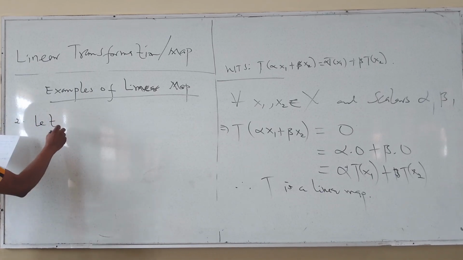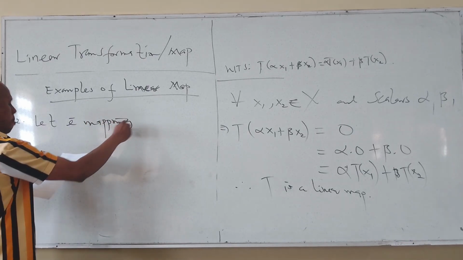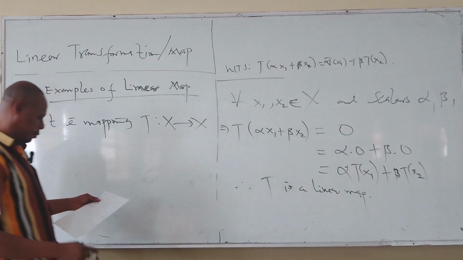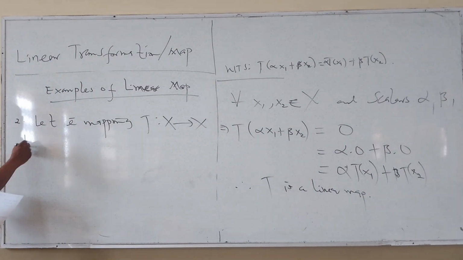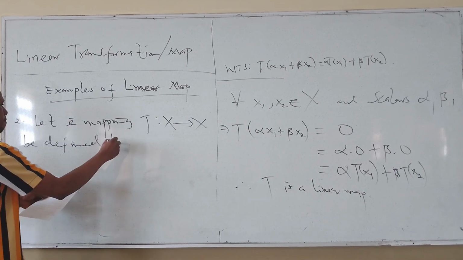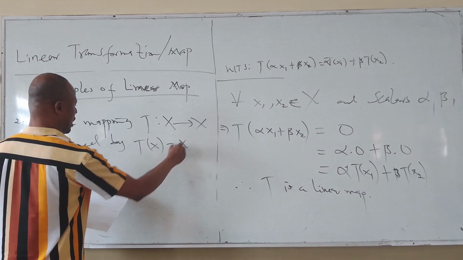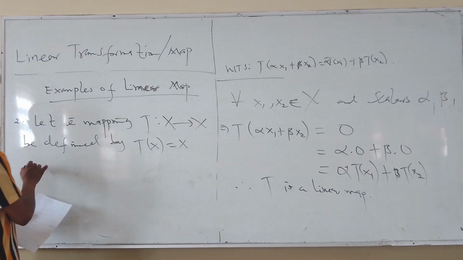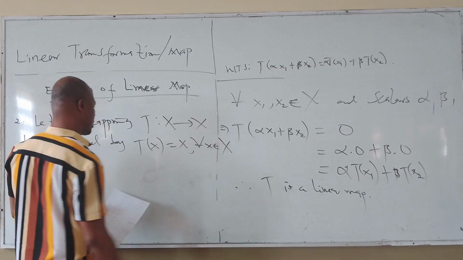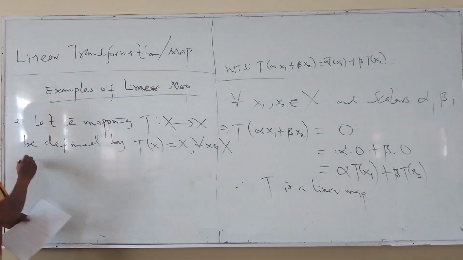Select a mapping T from X to X, right? Be defined by T of x equals x, of course, for every x a member of capital X. Full stop. Then